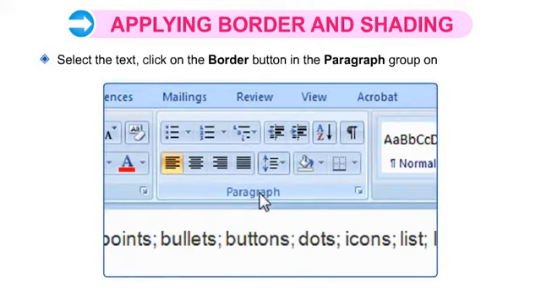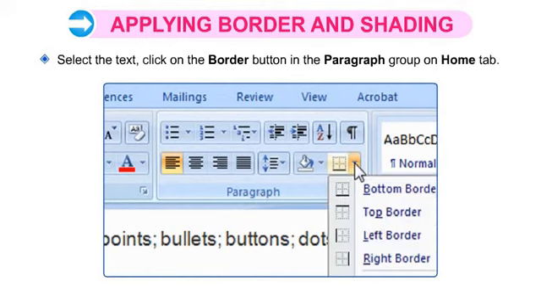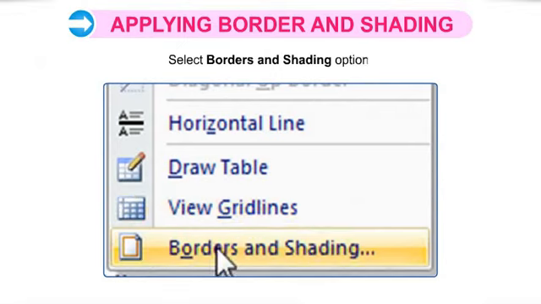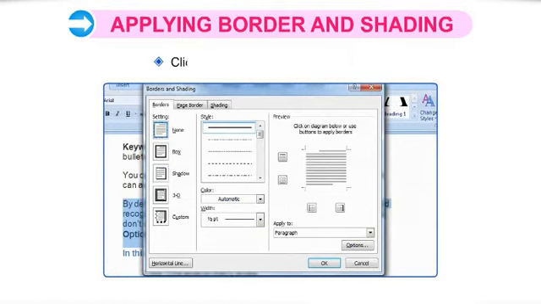Select the text, click on the border button in the paragraph group. You are able to see bottom border, top border, left border, right border, and at the last you will see the border and shading option. You have to click on that and you will get all the options inside it.